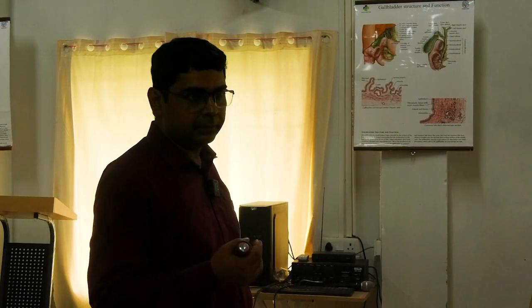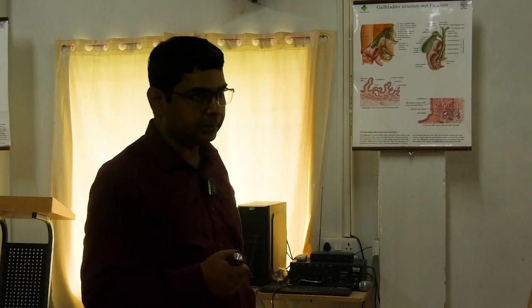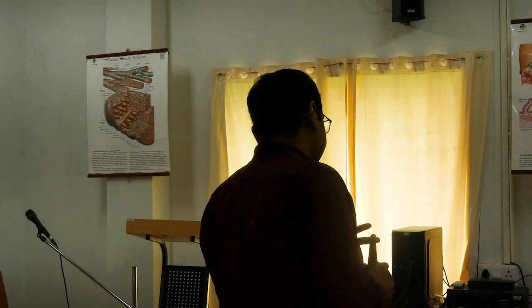Diplopia means double vision. ও দুটো করে দেখছে কিনা জিজ্ঞেস করে নিতে হবে। এটা হচ্ছে হিস্ট্রি। পেশেন্টকে প্রথম জিজ্ঞেস করতে হবে যে ভিশন ঠিকঠাক আছে কিনা, অ্যান্ড দেয়ার ইজ এনি ডিপ্লোপিয়া অর নট।